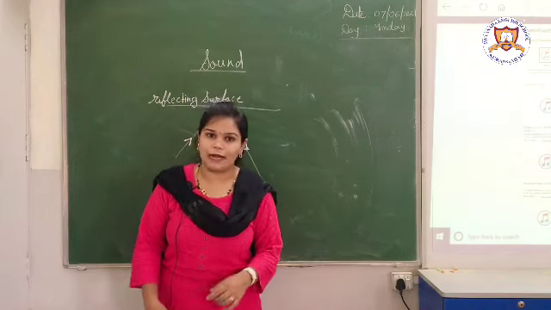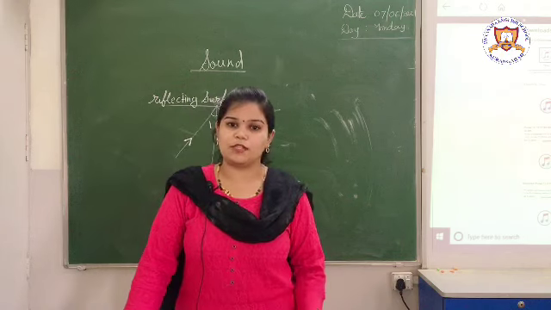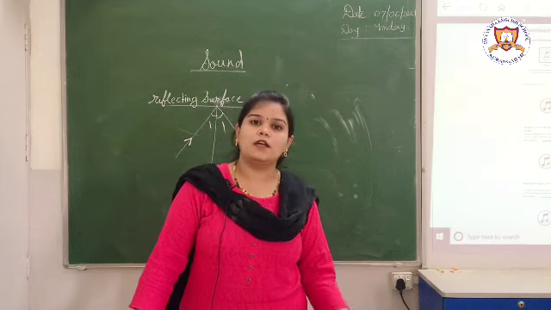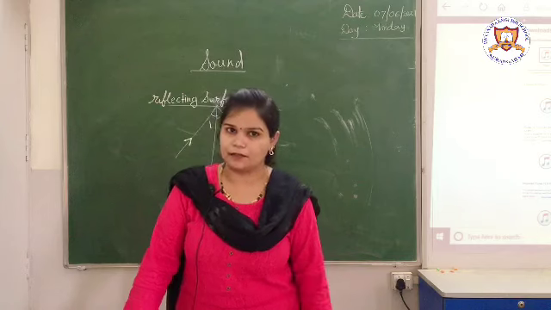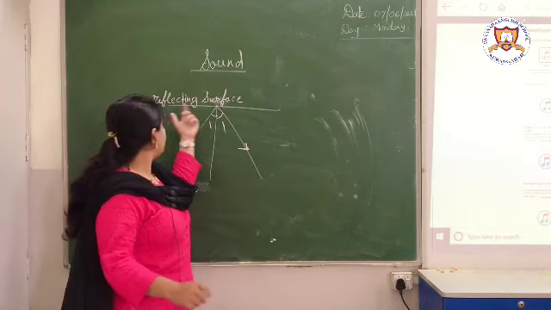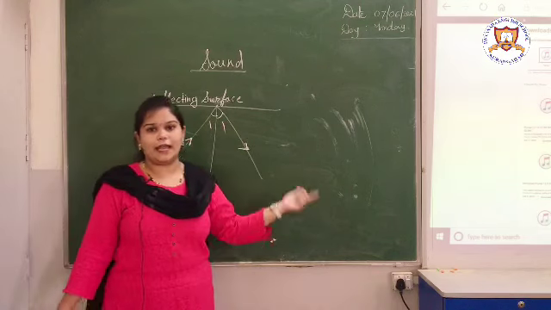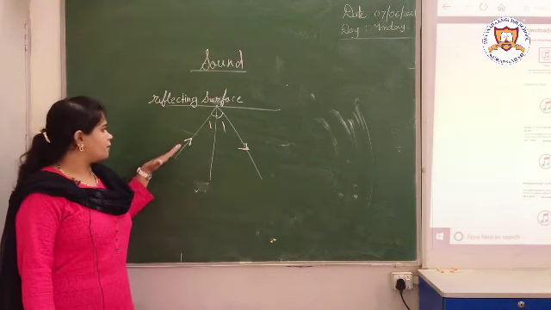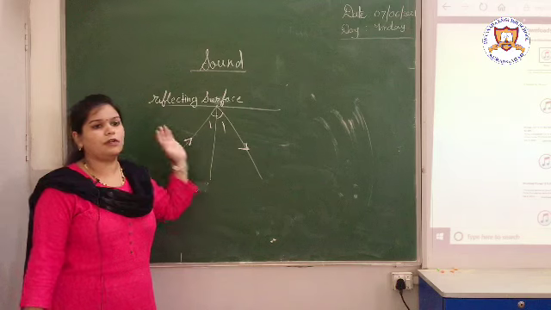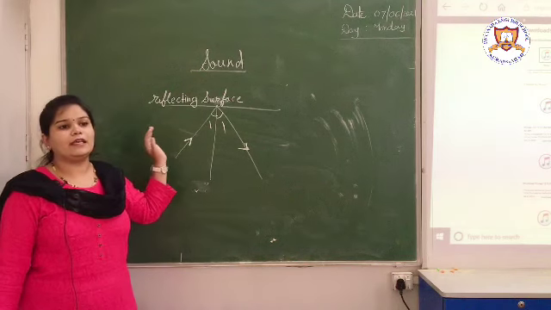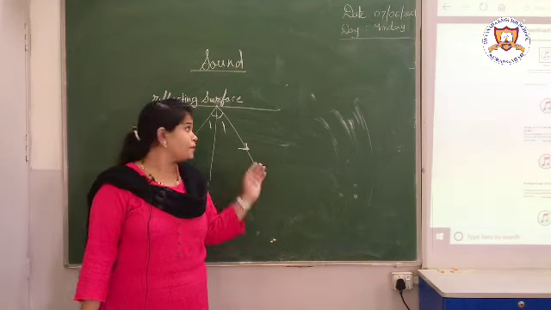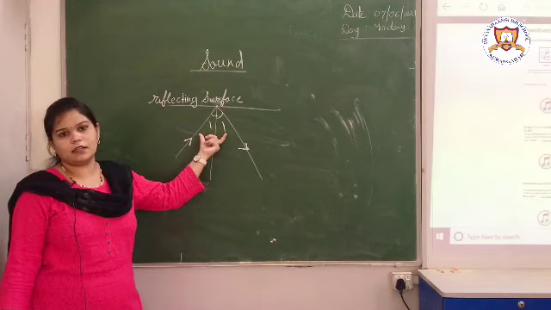Similarly, if a gun is fired, the same thing happens: we see the light first and hear the sound later. So similarly in reflection, the laws are followed, as with light and sound. The incident wave, the reflected wave of the sound, and the normal lie in one plane. And second, the angles are equal.